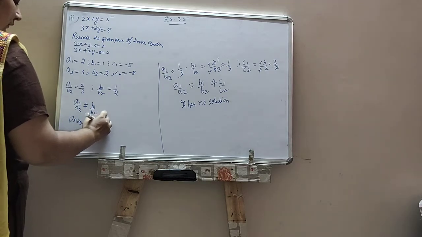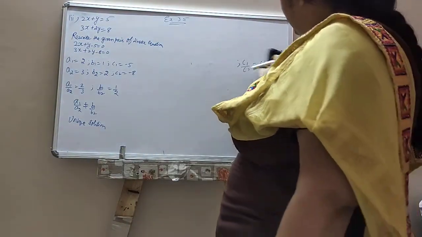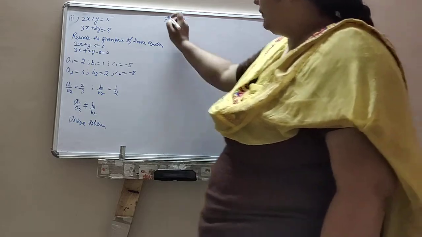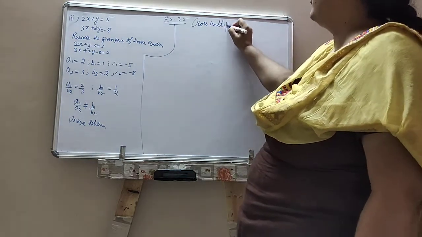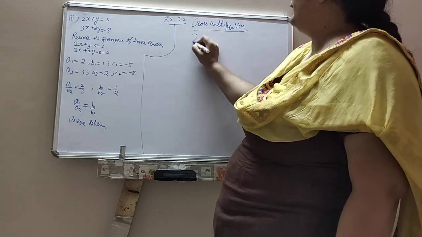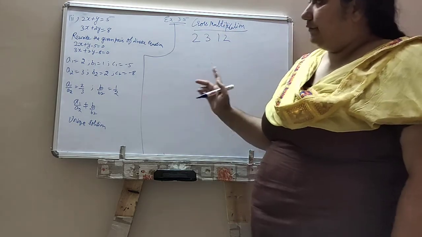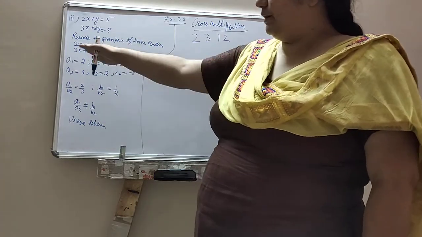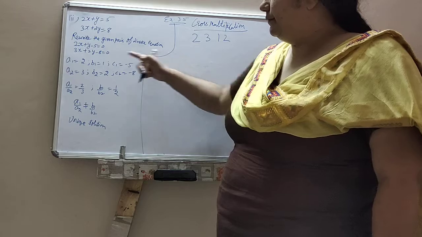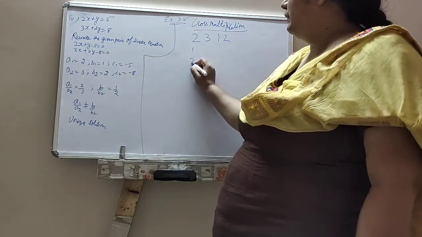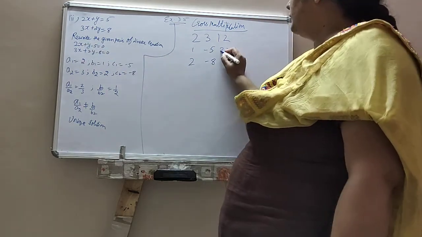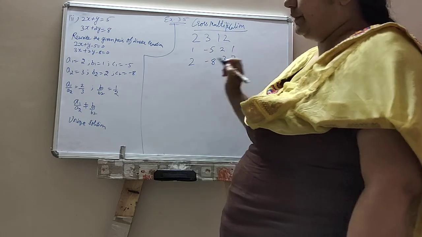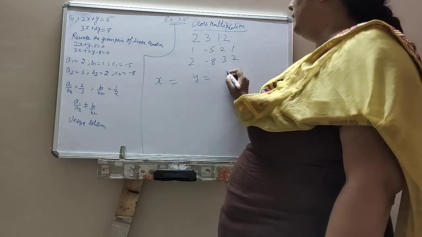Unique solution. Then how to find it? By cross multiplication. This cross multiplication method is also known as the 2312 method. So cross multiplication or 2312. How to do it? First condition is, first we keep 0 on the right hand side and shift the terms on the left hand side. Then write the coefficients: 1, 2, 3, meaning the constant terms of both, 1, 2, 3, 2, again 1. Now how to find x equals to, y equals to, 1.